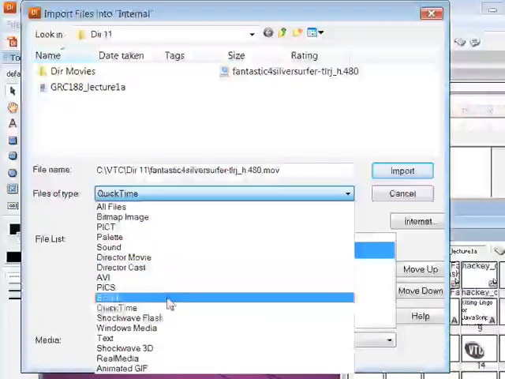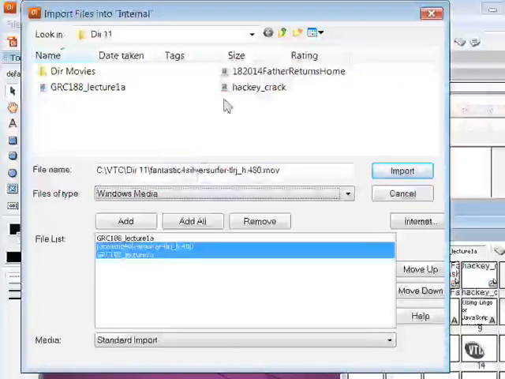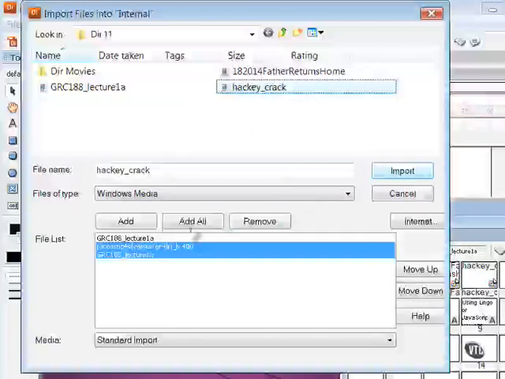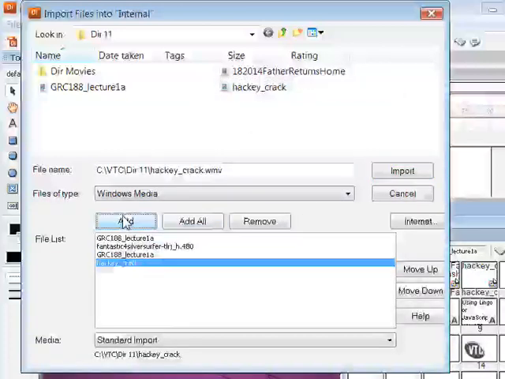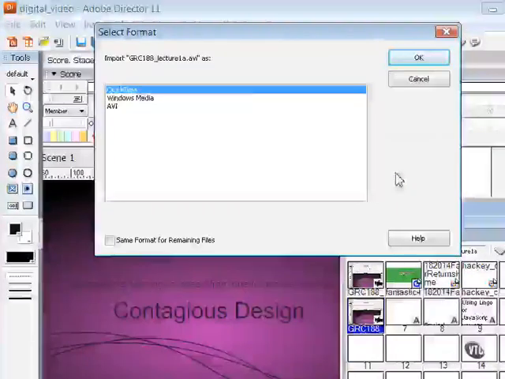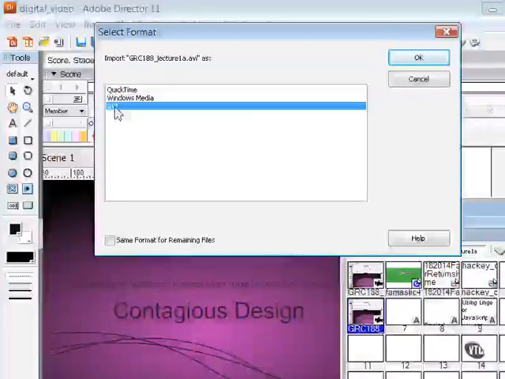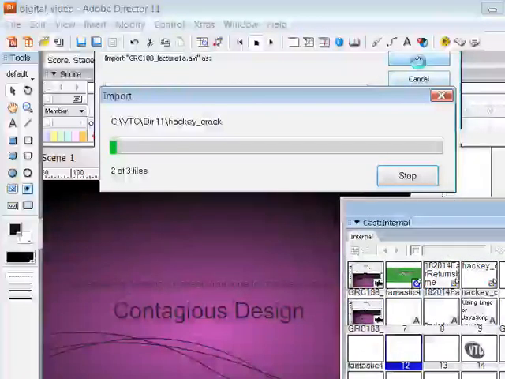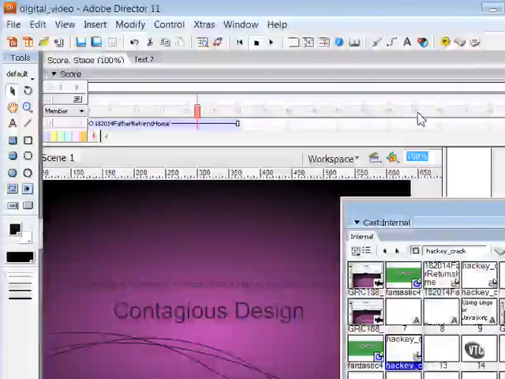I also have a Windows Media option, so let's add that one to the list. Once you've finished adding the various video file formats to the file list down here, click on the Import button. For AVI files, Director will ask you whether you want to choose QuickTime, Windows Media, or AVI. You want to choose either QuickTime or AVI. And then Director will go through the process of importing those files, placing them in the next available slot in